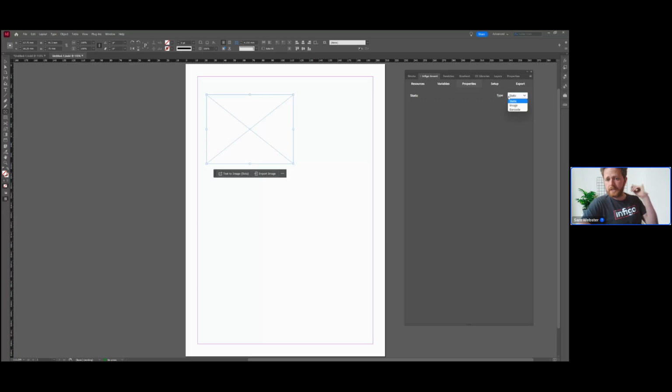One option, the default, is just static. So that is basically Invent is not seeing this as a variable field. You then have image, which is what sort of Invent 101, how you would actually just create your variable template with an image field. But then we've also got this option for barcode here as well. So if I click on barcode,